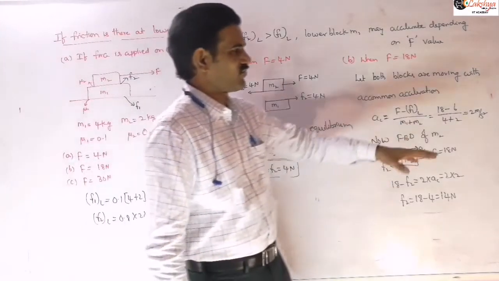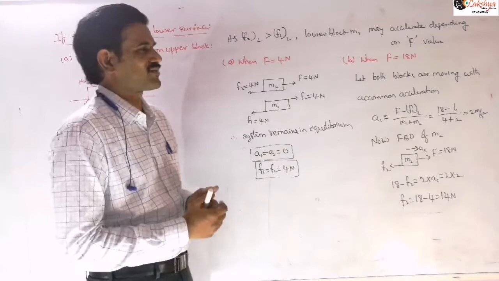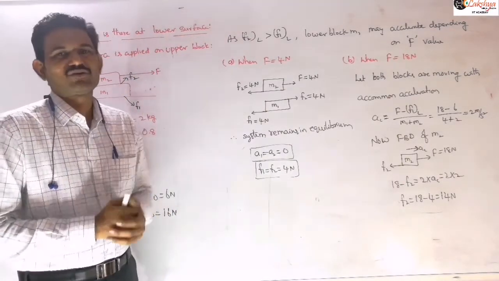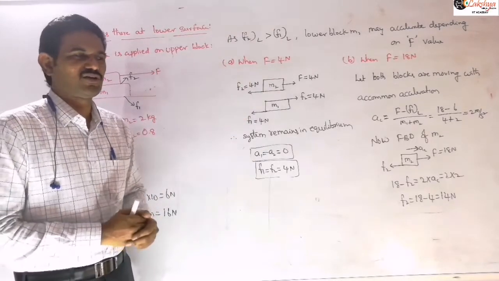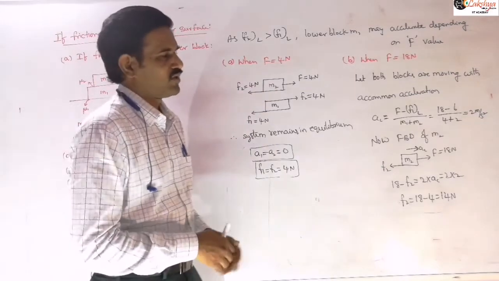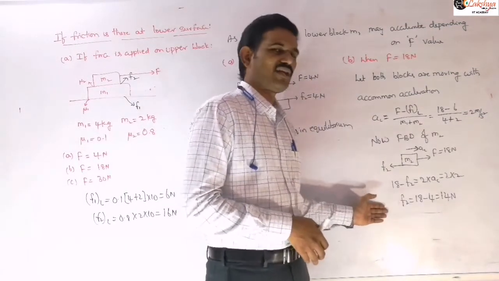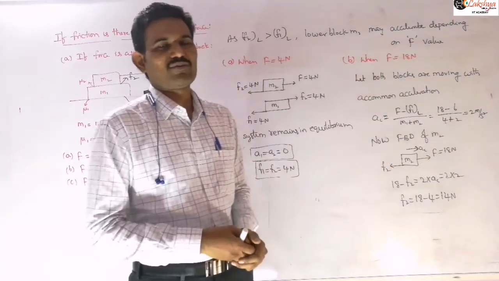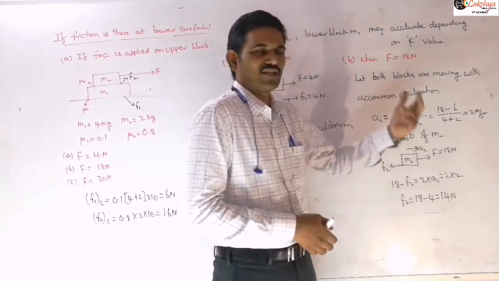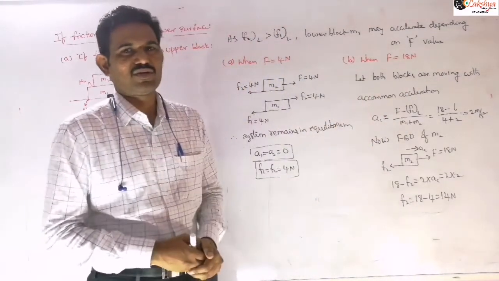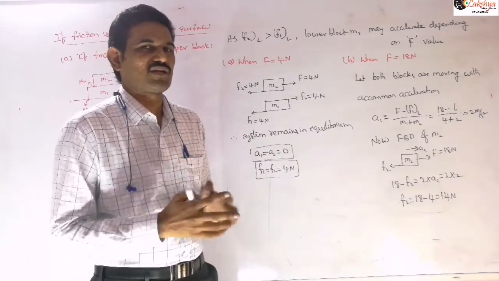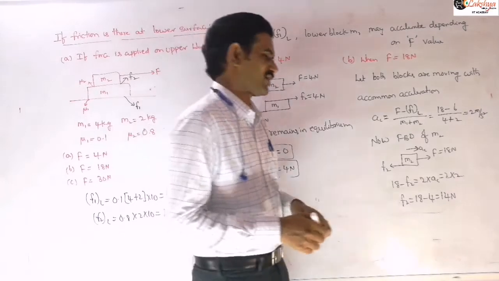So that is a thing you need to remember here. Just by seeing that frictions are there between the lower surface and all, don't think there will be relative slipping here. This is the procedure to check whether relative slipping is there or not. We assume that common acceleration is there, and then with this common acceleration we calculate the friction. Once it is less than the limiting friction, our assumption is true. If F2 value is greater than F2 limiting, then our assumption will be wrong. Then we need to calculate relative accelerations, that means the acceleration of the blocks separately.